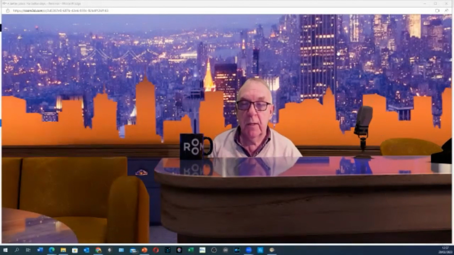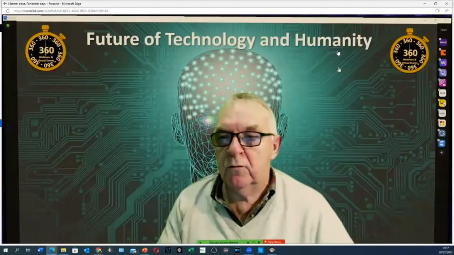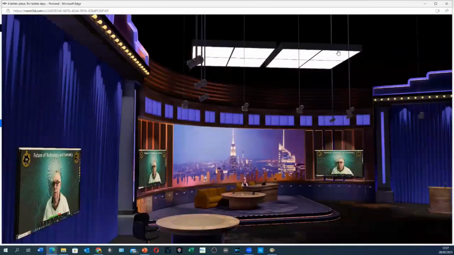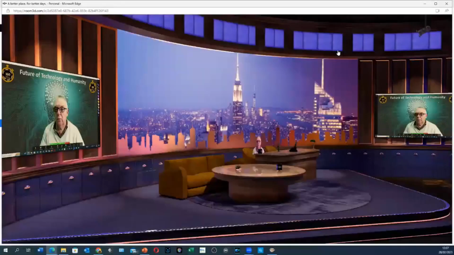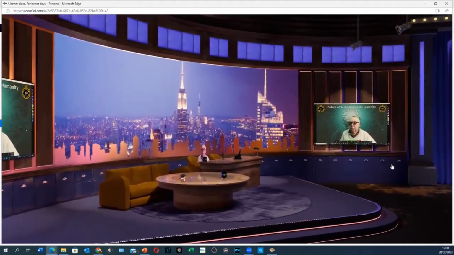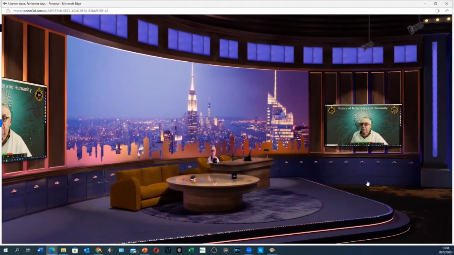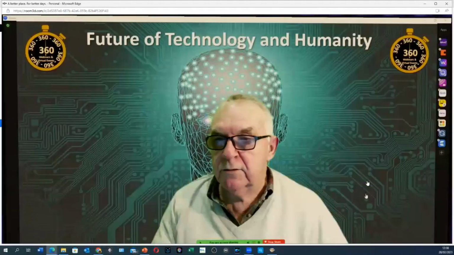If I go now back to this studio that I've set up within Room 3D, I can use different buttons to show different camera angles. So I'm just going through the camera angles that I've pre-set up to show what the studio looks like. You can set up different camera angles, but you can also in real time adjust the view whilst you're watching it. So now that I'm in the studio, and I can go back to full screen if I want to,